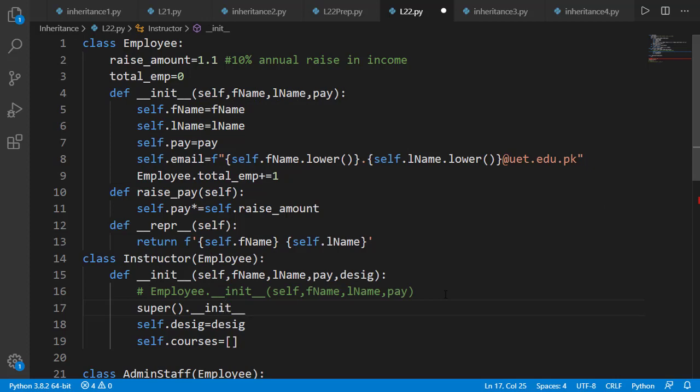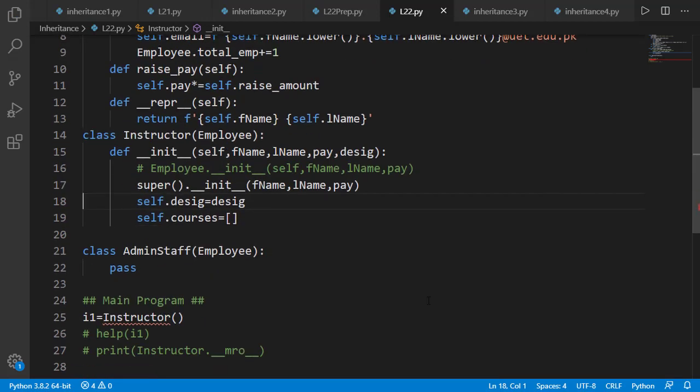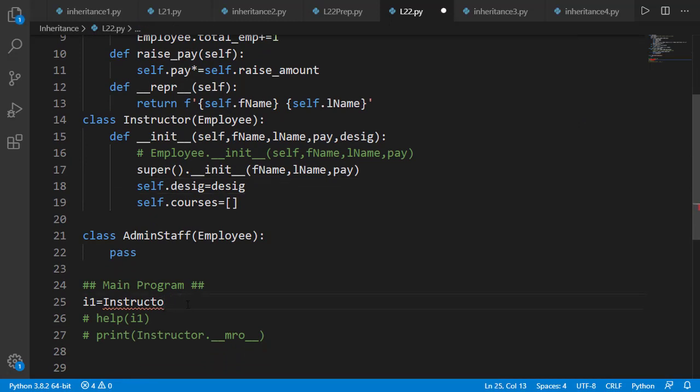In this case, we don't need to pass in the self as first input argument, as super works on instance methods by default, and self is passed as first input argument automatically. Super can also work on class methods by passing in cls as input argument. And now you can see IntelliSense help corresponding to the instructor class.